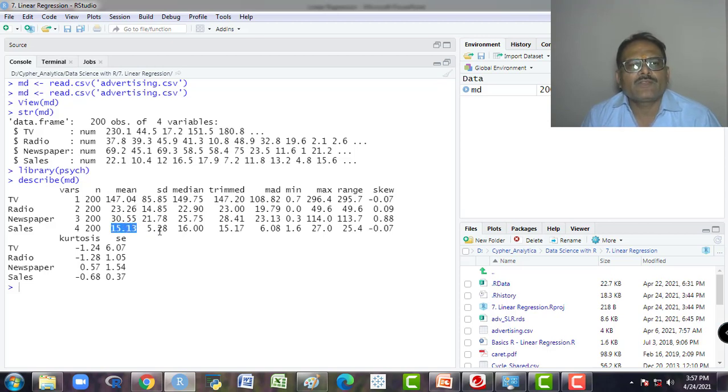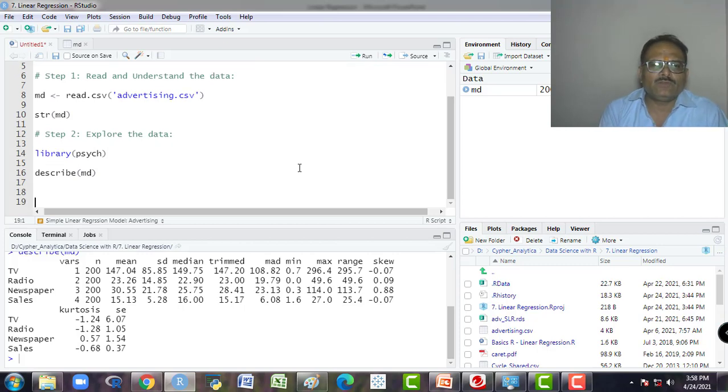So different scales are there. Standard deviation is there, median is there, trimmed mean, mean absolute deviation, minimum, maximum, range, maximum minus minimum is given, skewness is given, kurtosis is given, and the standard error is given. So all these 12-point summary measures you have got here.